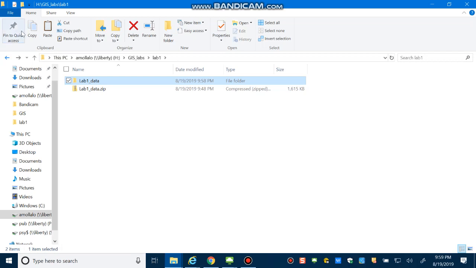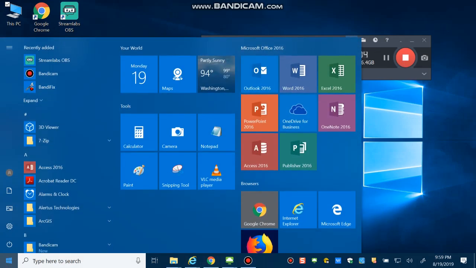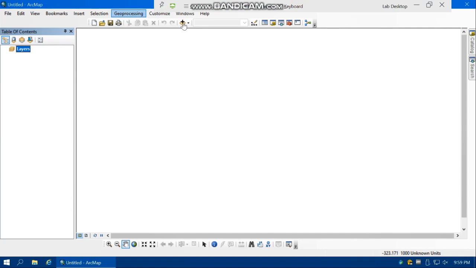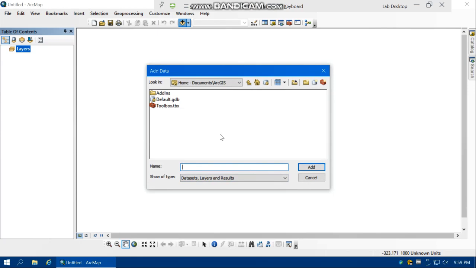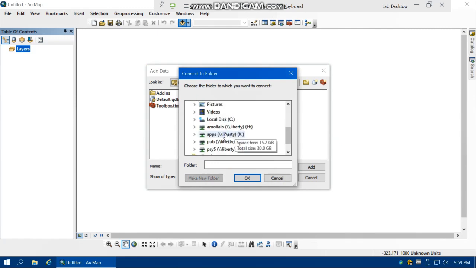So the first step for us is to load this shapefile into ArcMap. We should use the Add Data button. Remember that for any kind of GIS data, you have to first connect to the folder that contains that GIS data. This icon is Connect to Folder. So if you want to open any type of GIS data, first you have to connect to this folder and then navigate to the folder that contains that GIS data.